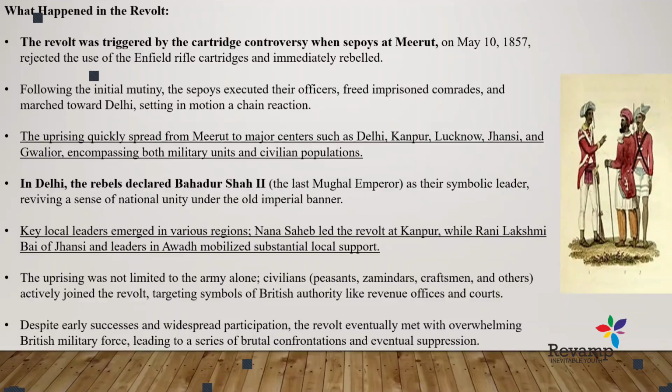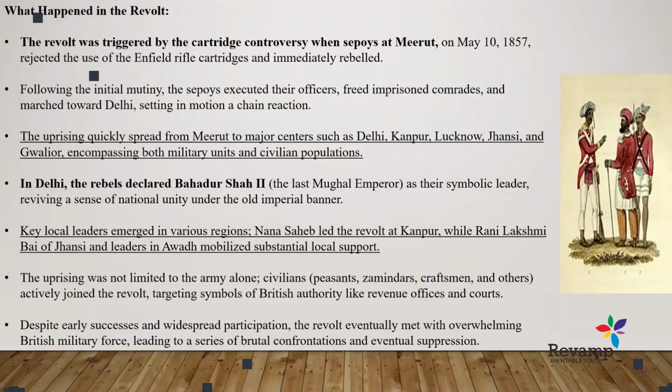After conquering Meerut, the revolt extended to the northern parts of India, which created a chain reaction among the soldiers of the British administration as well. The uprising, as I mentioned earlier, quickly spread from Meerut to Delhi, Kanpur, Lucknow, and Jhansi, which were important forts of the British East India Company in northern India. In Delhi, the rebels declared Bahadur Shah II, the last Mughal emperor, as a symbolic leader,